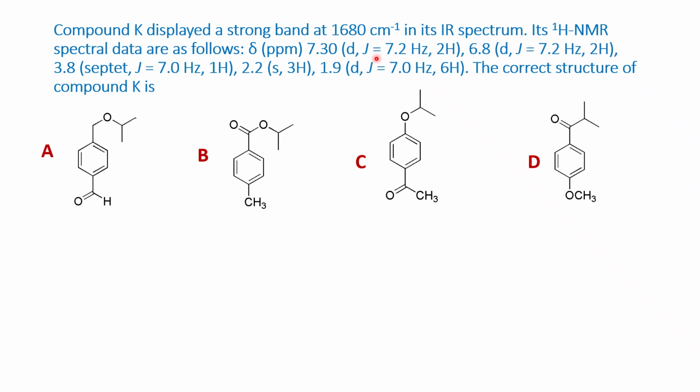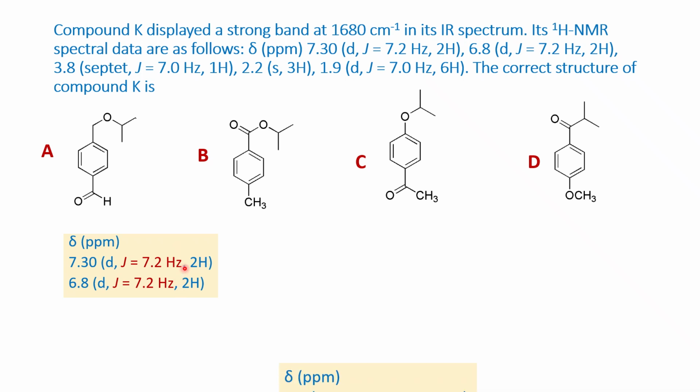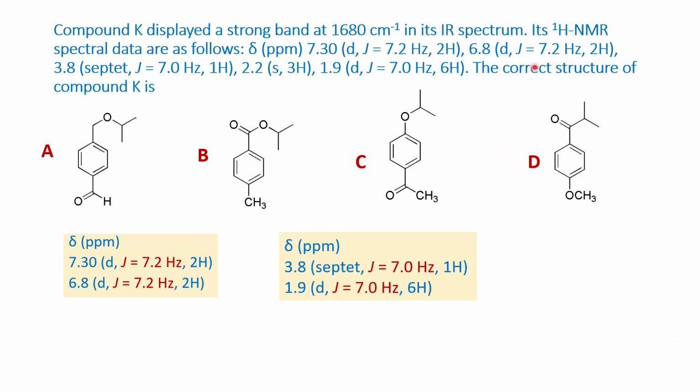So in this particular question, you see the J value 7.2 is given here. And there's another chemical shift which also has a J value 7.2. So it means these two protons are coupled protons. So I am including these two into one data. Similarly, we see the next J value which is 7, and there's another chemical shift value which also shows 7. So we will club them together and keep them together so that we can understand these two